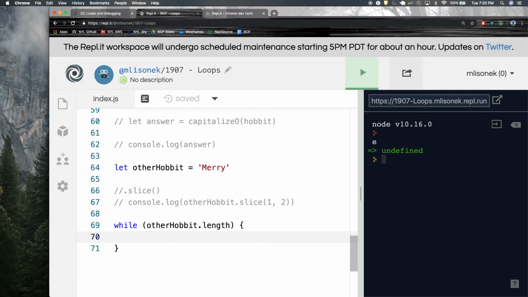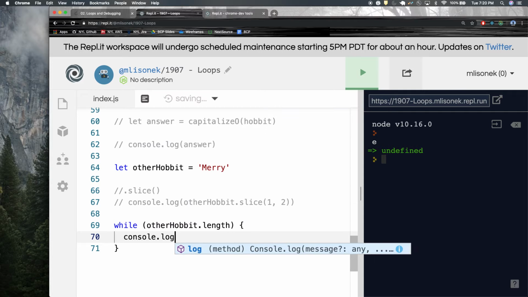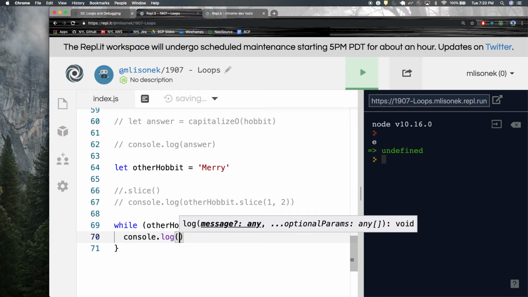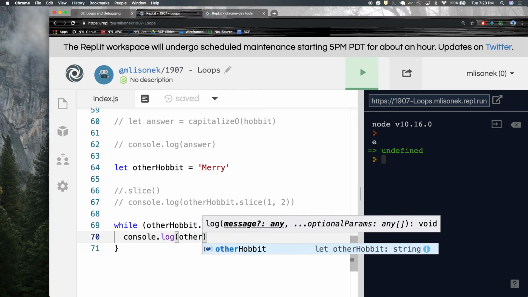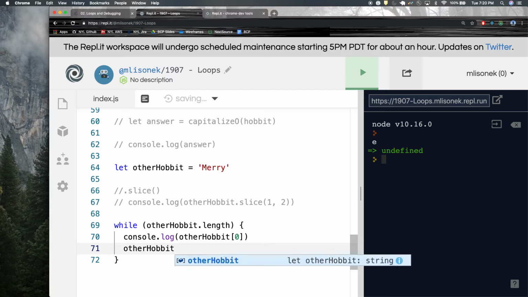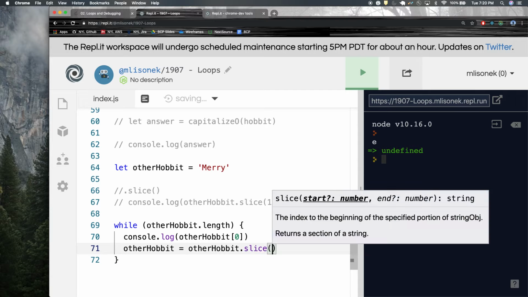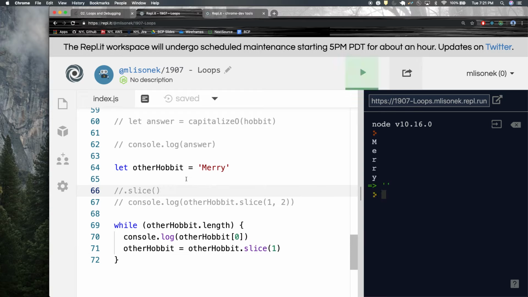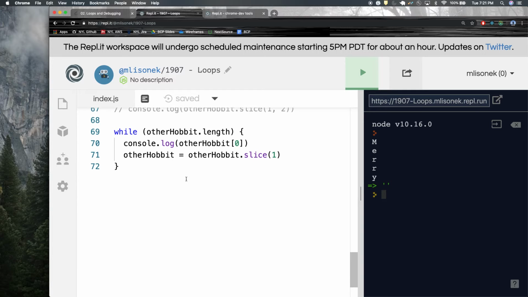We are going to say, well, first we'll just console log every letter, I guess, because you've got to do something, right? We could do other hobbit at 0. And then we can say other hobbit is now equal to other hobbit dot slice 1. And then you get Mary. Because, sorry, let me move this up. Because